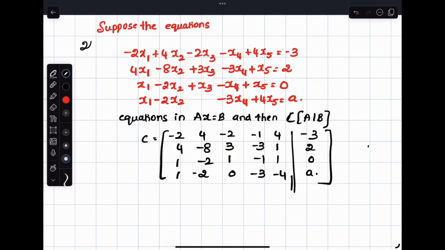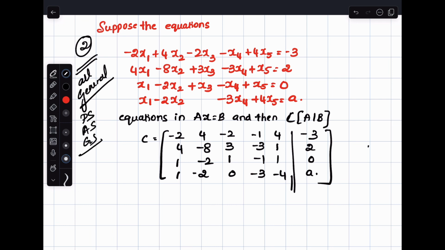Hello students, so today we are seeing the second part of the problems in the general solutions, which we have already seen in the last part. The other things we have studied in the video were particular solution, all solution and general solution, and we have seen all the problems. There are four equations given, and first we have to convert to